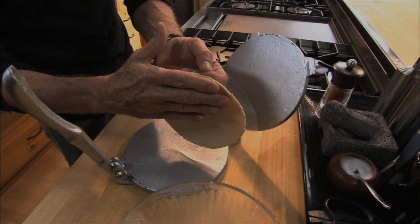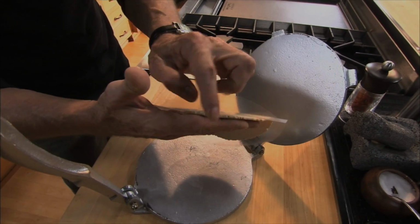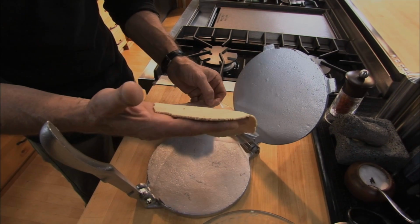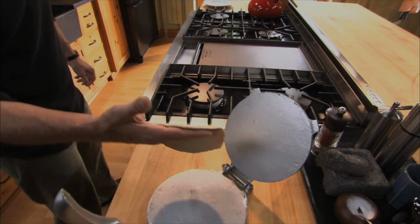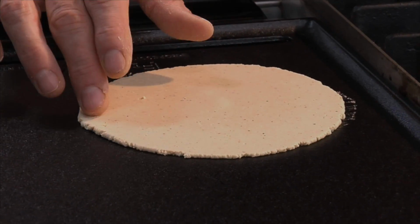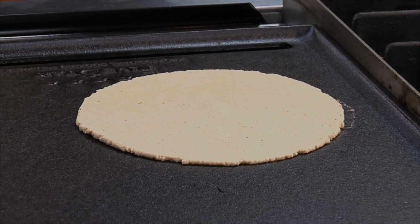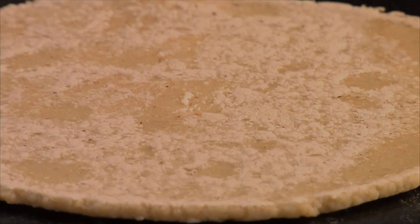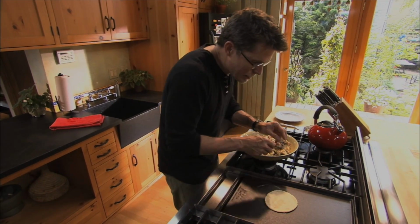Now you'll notice that I have all of my fingers together and straight, and I've lined the top of the tortilla up with the top of my hand, like that. And I've got the griddle heated to about medium here, and I'm just going to roll that tortilla right off of my hand and onto the hot griddle. Now after about 30 or 45 seconds, when the tortilla releases itself from the griddle,